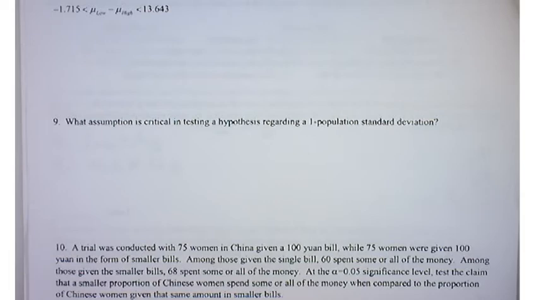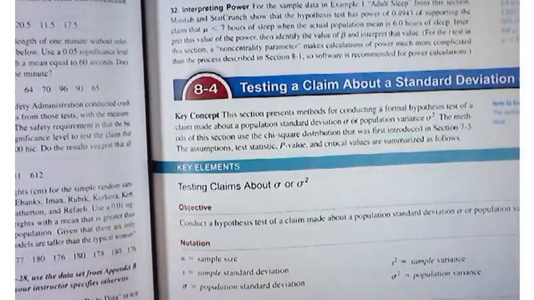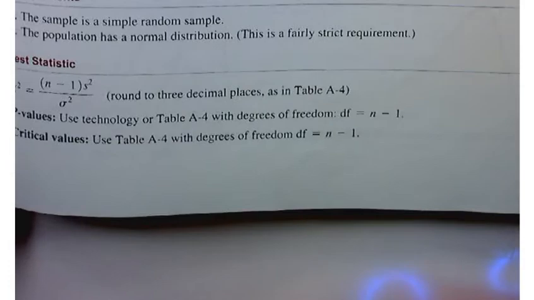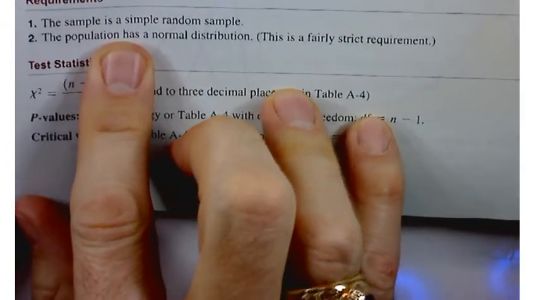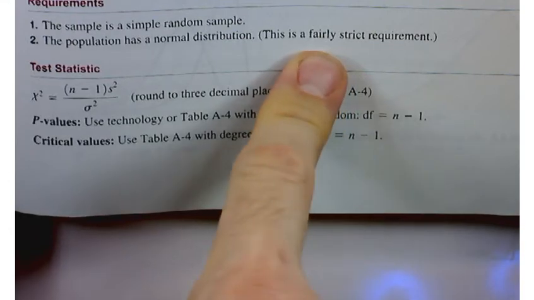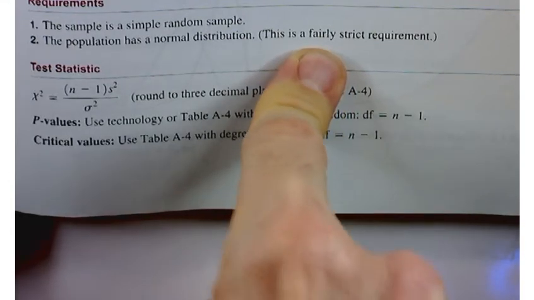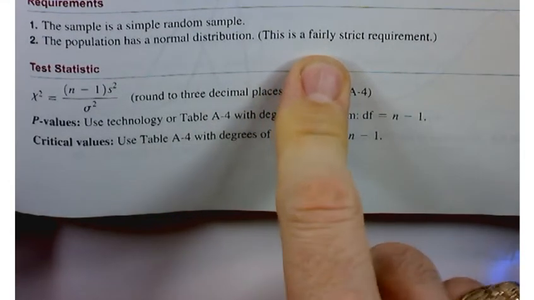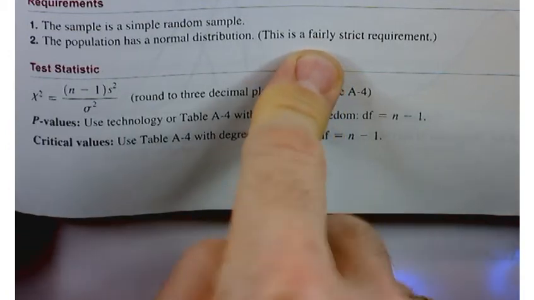Yeah, there was definitely one assumption that was critical in this, and I think that comes out in the requirements here. Population has a normal distribution, and it says this is a fairly strict requirement. So that's something that you have to be careful about when you're testing a claim about one population standard deviation